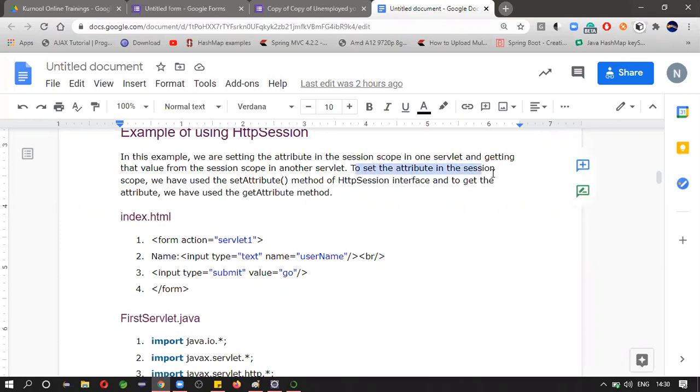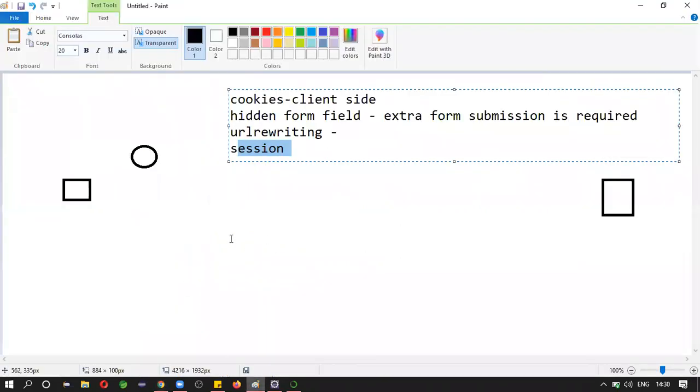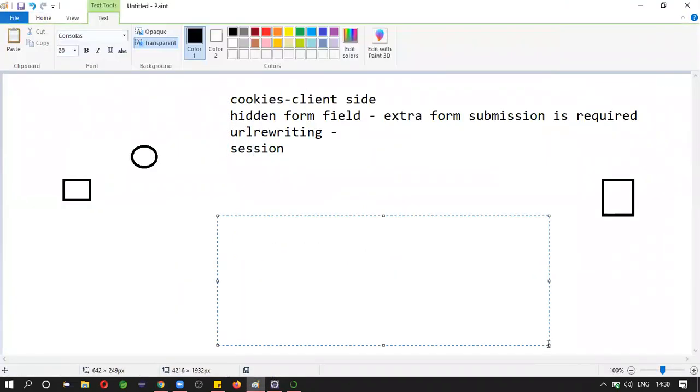To set the attributes in the session scope, we use set attribute. Okay, in order to get the data, we will use get attribute. Here also we will see key value like, okay, session object dot setAttribute of username comma Naga.